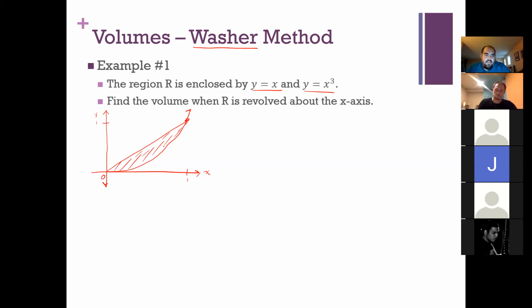All right, so hopefully your sketch looks quite a bit like mine. So we're revolving around the x-axis. You're going to see a lot of similarities between the way we handle the previous ones and this one. But the big glaring difference, like I said, is that if I were to draw a typical rectangle, and then wrap this around,